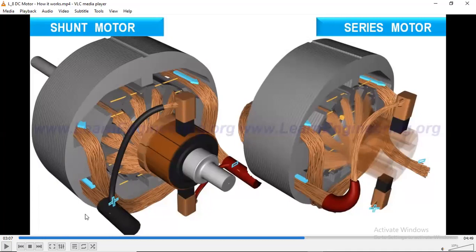is extracted from here, and the carbon brushes' positive side is extracted here and connected directly to the field winding's positive wire. Similarly, the negative wire of the carbon brush is connected here, and the negative side of the field winding is connected in parallel with the carbon brushes. So this connection we call a parallel motor connection, also called a shunt motor in DC motors particularly.